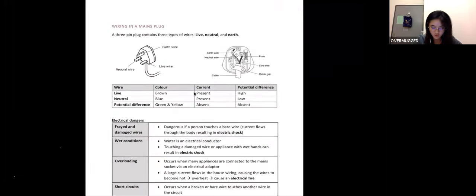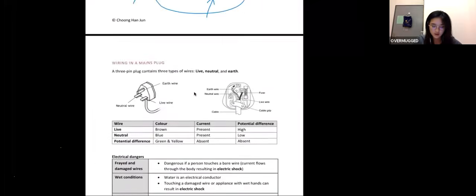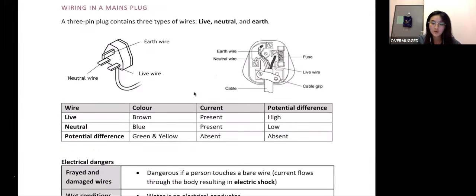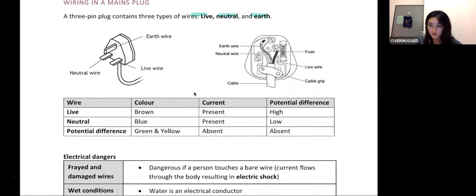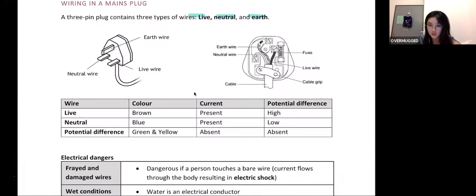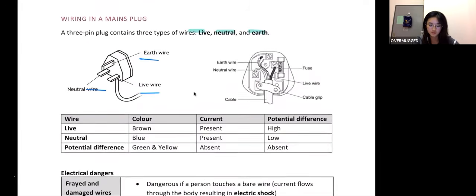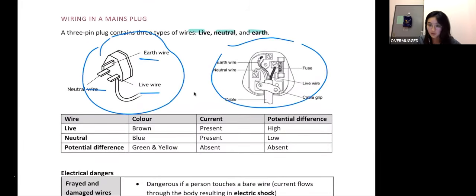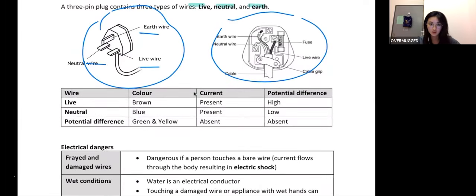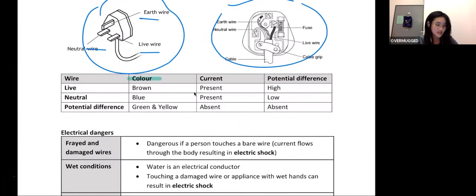So we are nearing the end of this one. Let's talk about wirings in a main plug. Any 3-pin plug in your house contains 3 types of wires. You have your live, neutral, and earth wire. So what do you need to know? First of all, position, so which wire is which, in both views, this one and the cut open one. What else? You need to remember the color of each wire, as well as current and